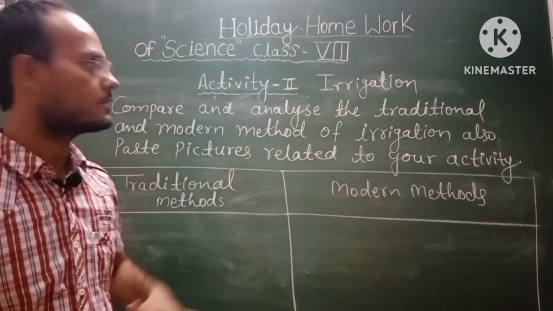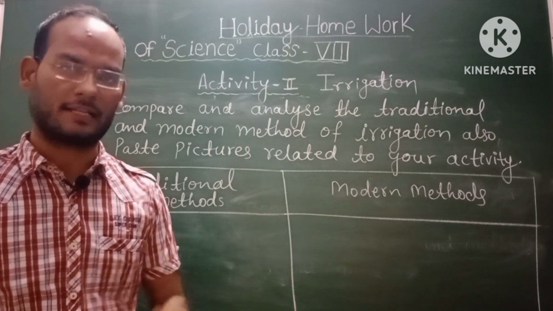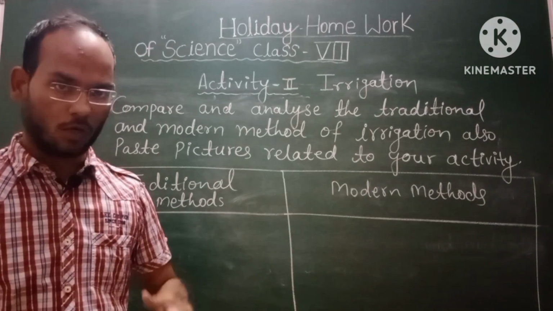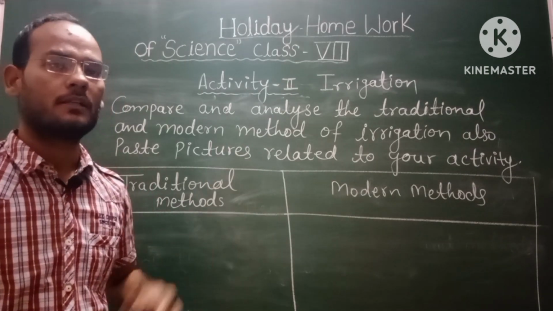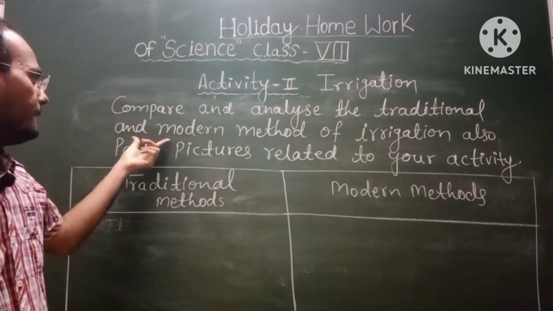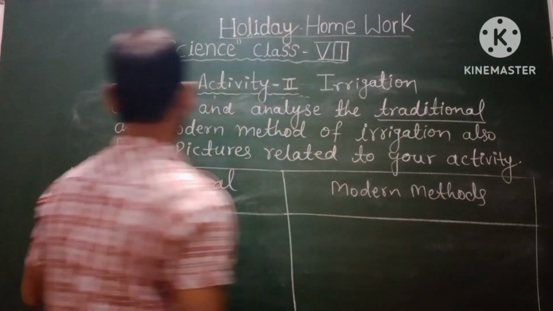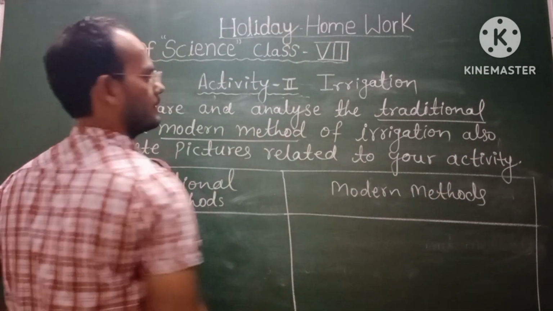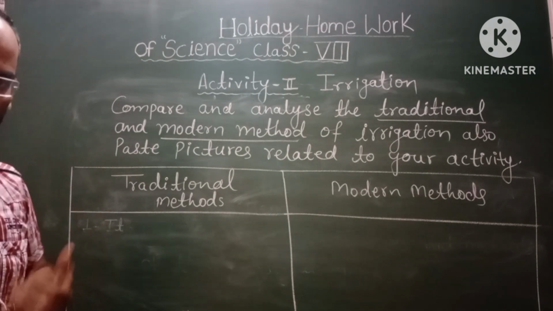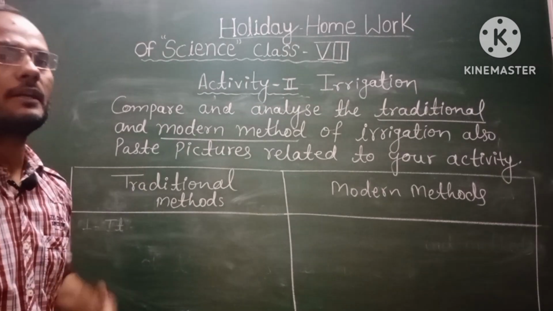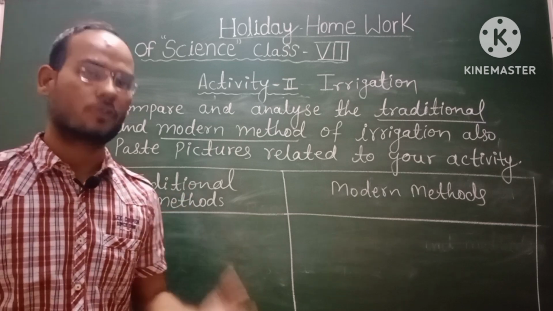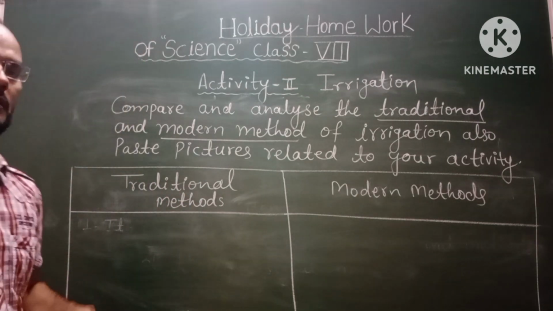We are going to discuss about the second activity. And what is the second activity? It is about the irrigation. What you will do in the second activity? Compare and analyze the traditional method and modern method of irrigation. Clear? You have to compare and analyze the traditional method and modern method of irrigation. What is the irrigation? Watering the crops. So this is the irrigation time to time,